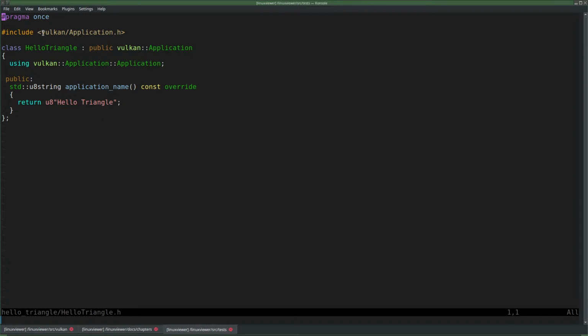The point is, maybe I should not use Vulkan. Maybe I should use Linux Vulkan. Or, well, no, Linux Viewer actually. Vulkan is a bit too, well, it's not my project name. Let's put it that way. It makes more sense to include headers from a project by project name. And I'm not even sure about the project name yet. Maybe Linux Viewer is not a very good name.